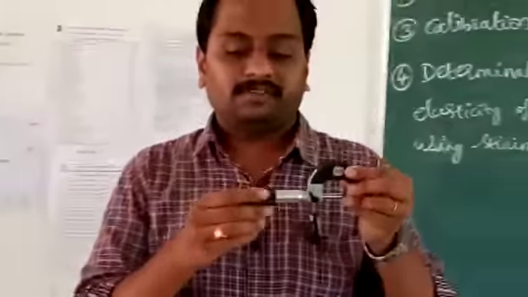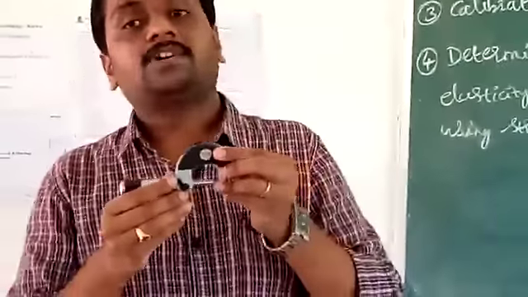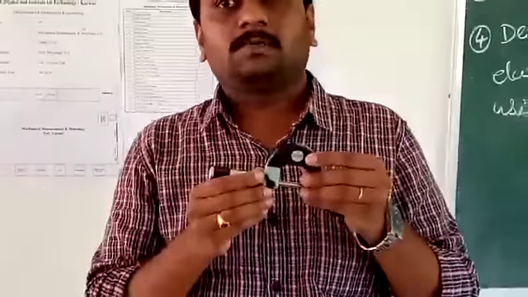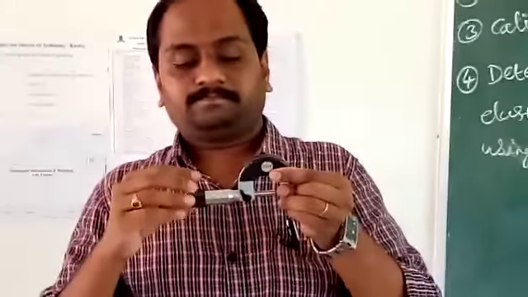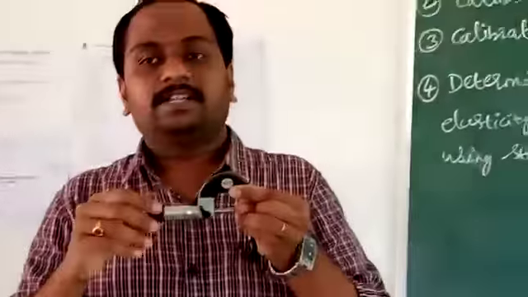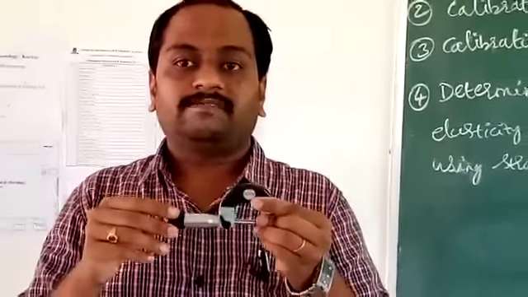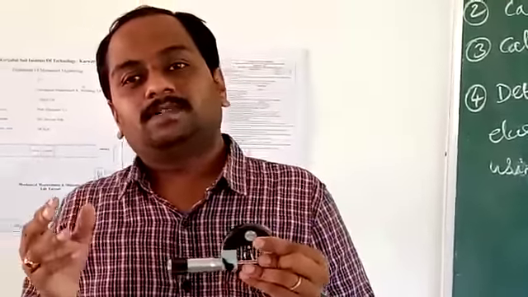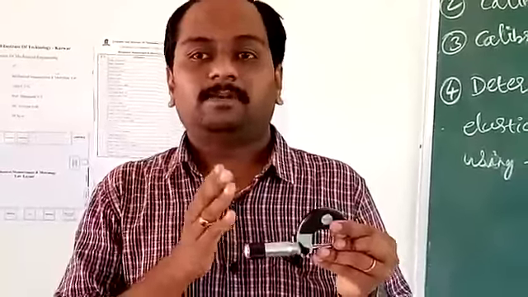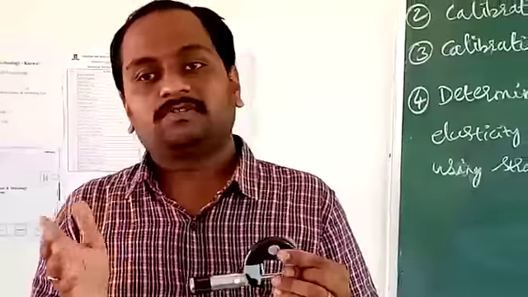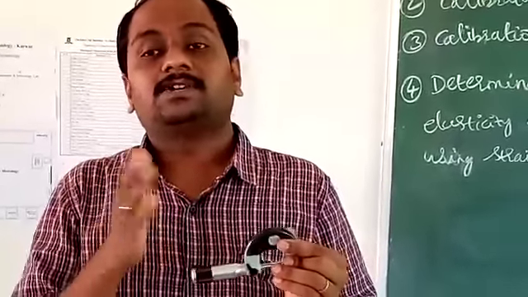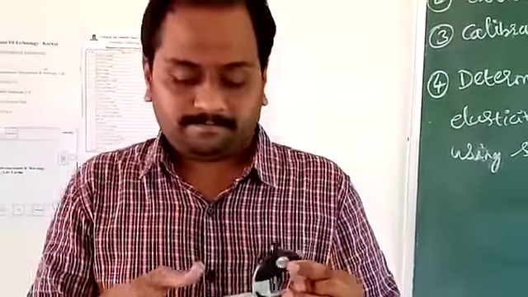Next, we are going to study the three different types of micrometer, and the least count of this micrometer is 0.01 mm. Here you can see the range of this micrometer is 0 to 25 mm. Range means the difference between the maximum and the minimum limit. For example, when you use a scale, the range of that is 0 to 15 centimeter, and the protractor is 0 degree to 180 degree.